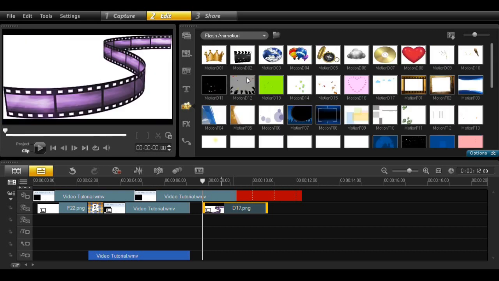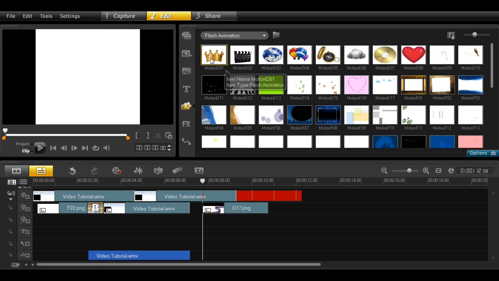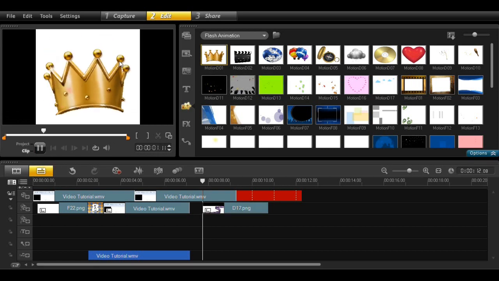Flash animation. Flash animation is exactly what it says. It's an object that has a little effect to it, so it does a little animation. If I click on this crown and preview it, as you can see, oh yay! So if I had a face here, that's how it would show. Now,